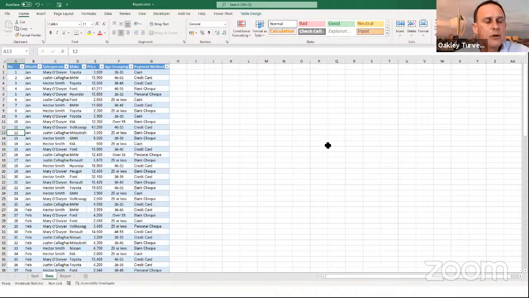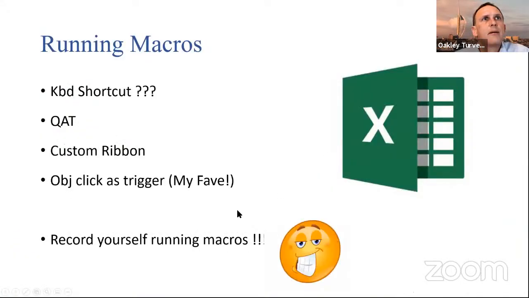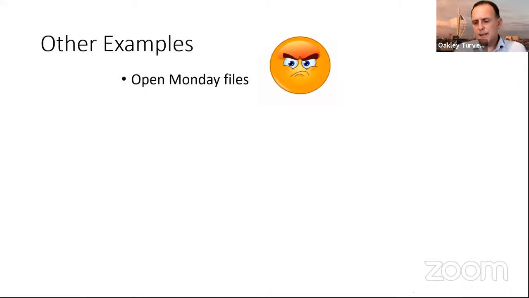Okay, let's jump back to our presentation. Okay, here's another couple of examples of things you might want to do recording macros. Monday morning, you get into the office. You might say that every Monday morning you have to open these half a dozen different files and they're all in different places. That's the kind of thing you should record yourself doing. And then next time, just click a button, let the machine do it for you.